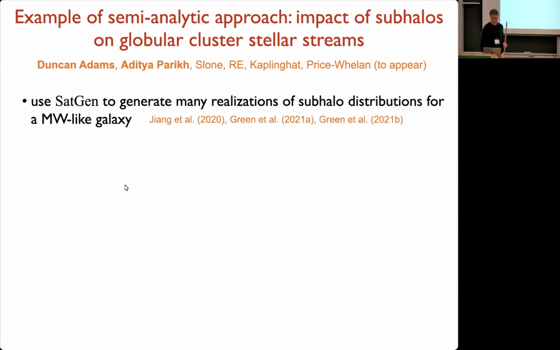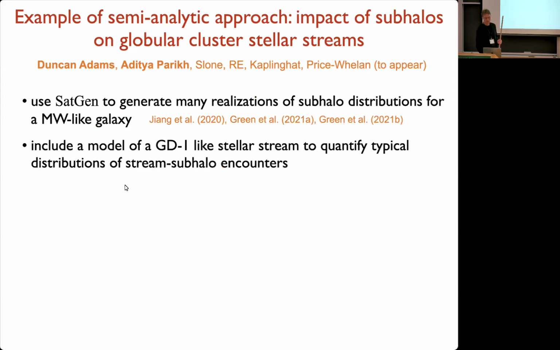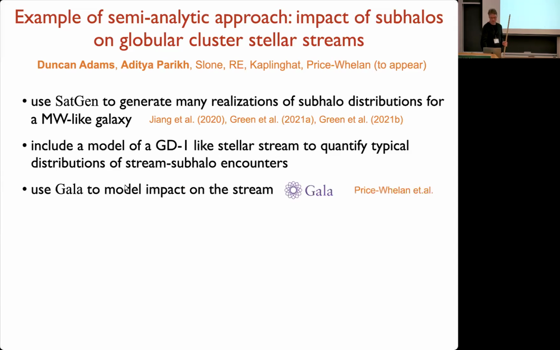non-CDM models as well. But what we're doing is we're using a semi-analytic model called SatGen, satellite generator, to generate many realizations of subhalo distributions for a Milky Way-like galaxy. Then we include a model of a GD1-like stellar stream to quantify the typical distributions of the stream subhalo encounters. And we model those encounters with a program called Galah, which was written by Adrian, who's one of